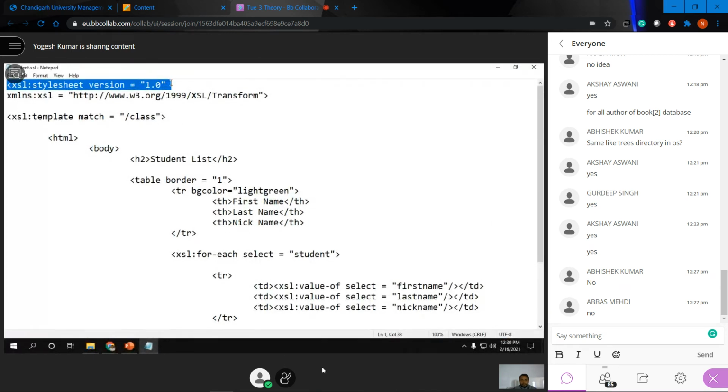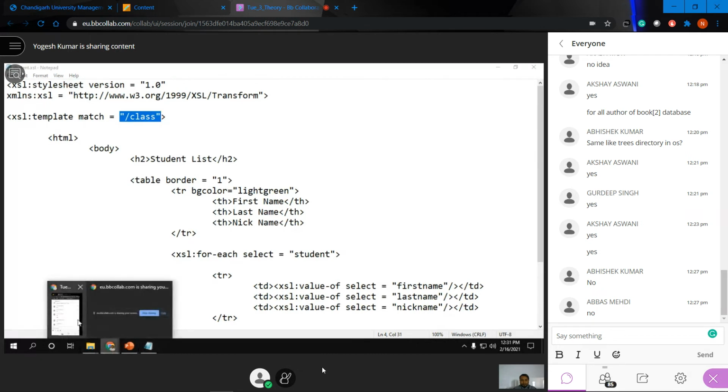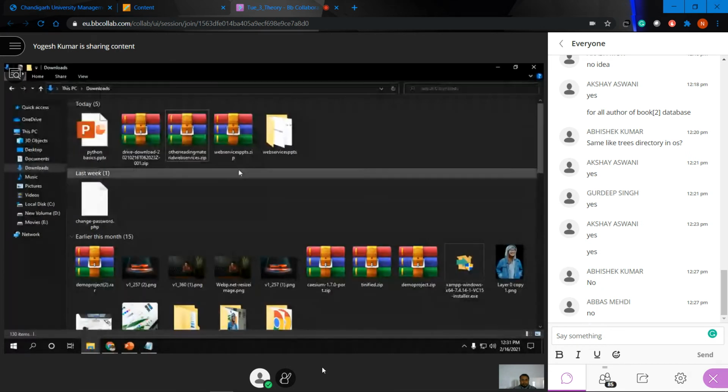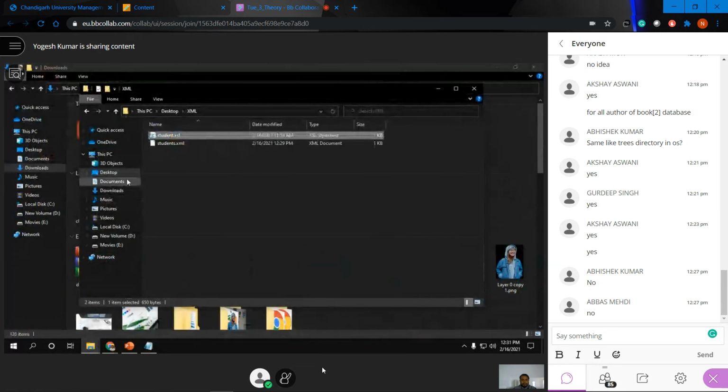First of all, you have to define your first tag. If we use XSL capital, each branch will have the properties style sheet and version. उसके बाद आपने क्या करना है, XML namespace, similar जैसे हमने last time भी करा था, ठीक है. And then we are using each branch template. Each XSL branch template will have match with a certain class. So here we define this particular name, which we define in the XML document.